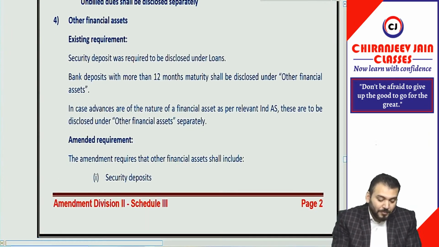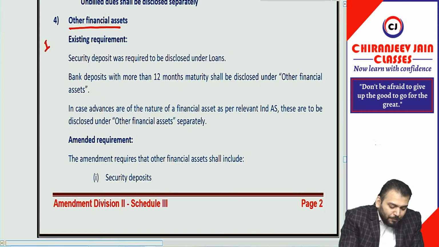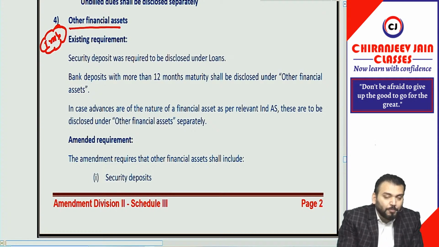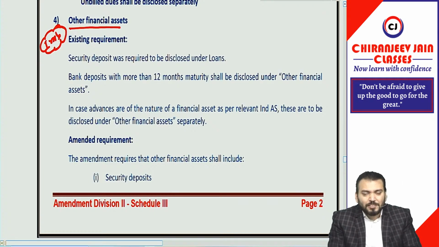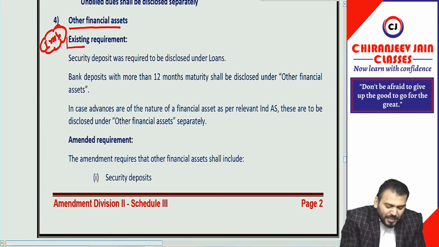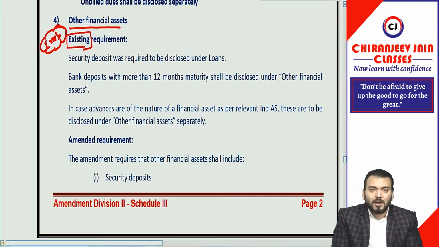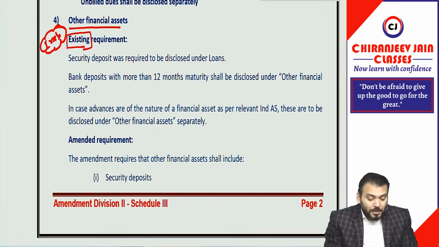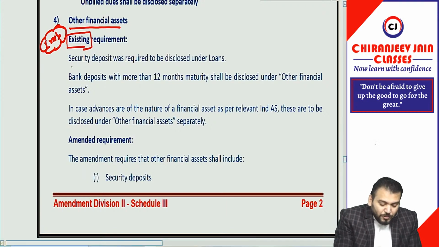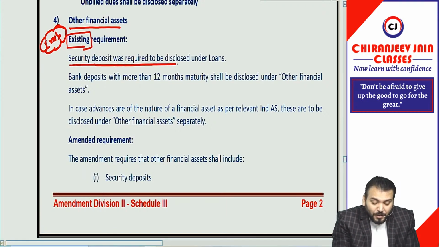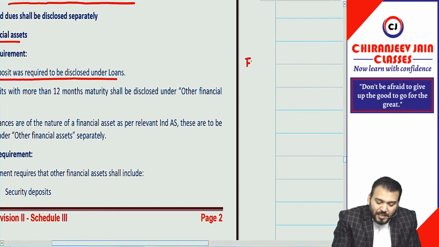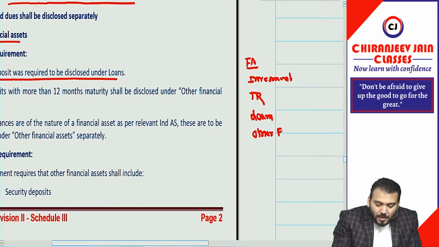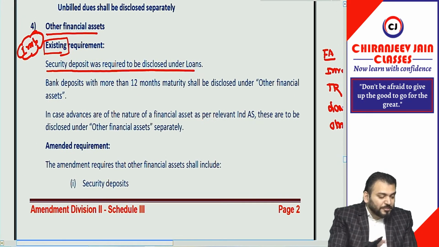Got it? Yes, sir. Then other financial asset. This is also one important amendment which is important from examination point of view. Now, as per the previous requirement, I should not say existing requirement, because when I say existing you will be confused. So as per the previous requirement, we used to disclose security deposit under the head loan. Means if you remember, under financial asset we used to write down investment, then trade receivable, then loan, and then other financial asset. So as per the previous requirement,